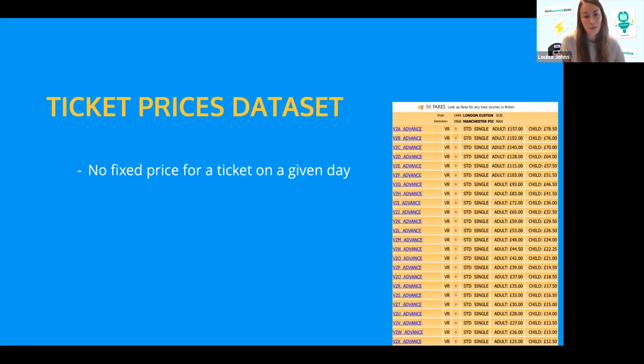So there's no fixed ticket price for a ticket on a single day. There's a big database full of fares. This is, for example, the fares from Euston to Manchester, my favorite route. And as you can see, there are different tiers that go up and up and up. So once the £25 tickets have sold out, it will go to the next tier and the next tier and